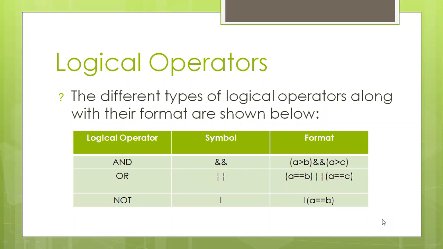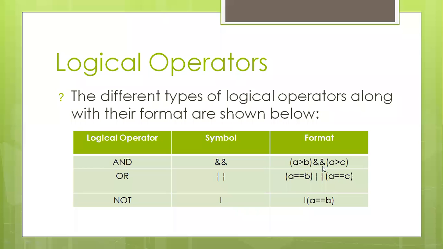See how it will work. This is the symbol of and, the ampersand sign. This is the symbol of or, the pipe sign, a vertical pipe sign, or you can say vertical slash. You can type this vertical slash on the keyboard by pressing the key just on the right hand side, just above the enter key. That is your pipe sign. Not is the exclamation sign.